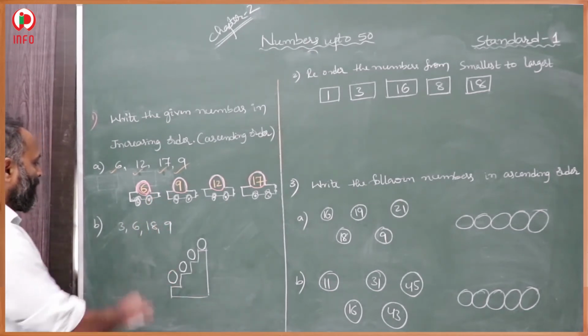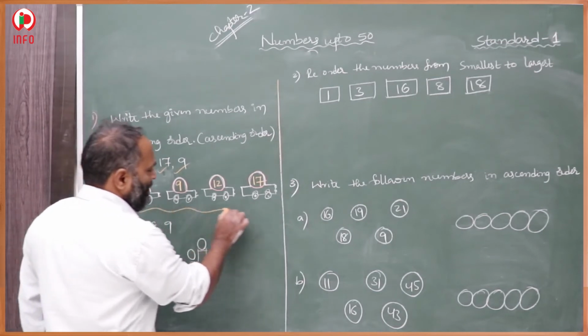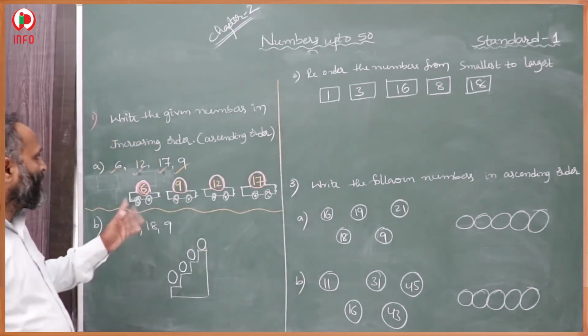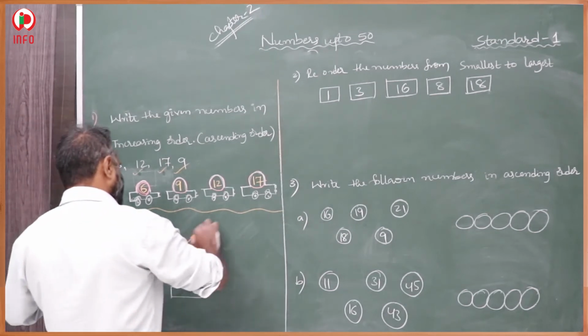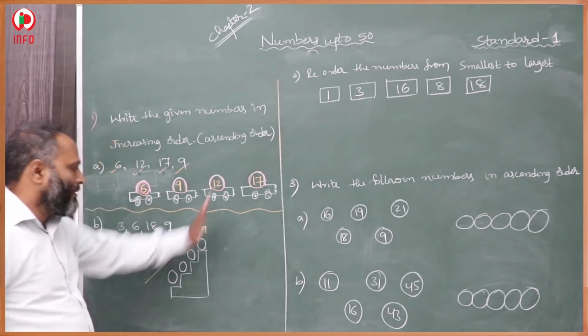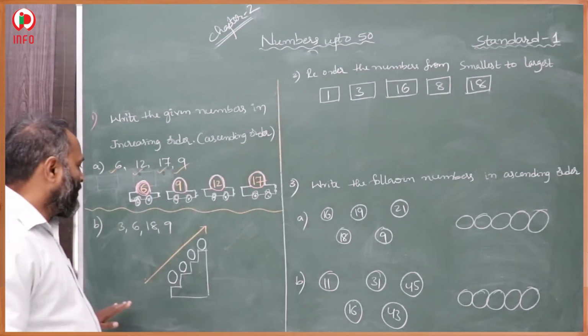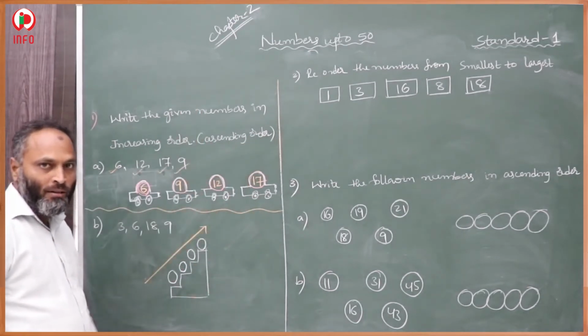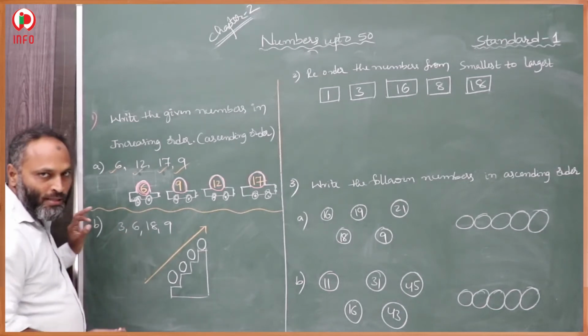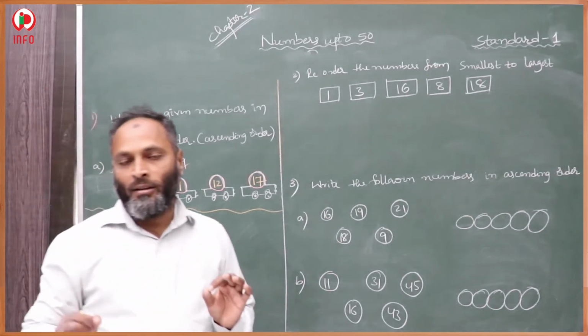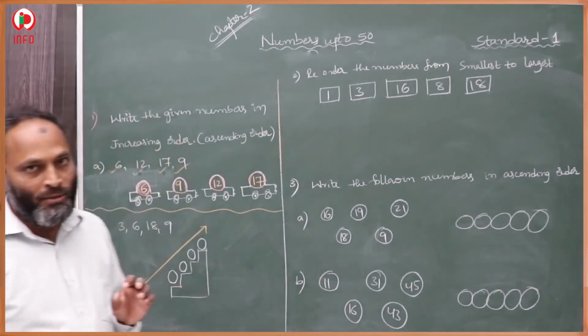In the second question also he has given one question. In that also we have to arrange the numbers in ascending order. Ascending means increasing order, we have to arrange from down to up. First, we check the single digit numbers, because single digit numbers are smaller than 2 digit numbers.